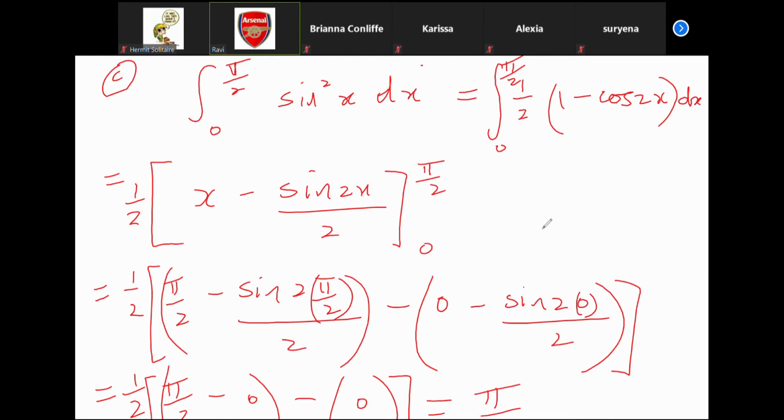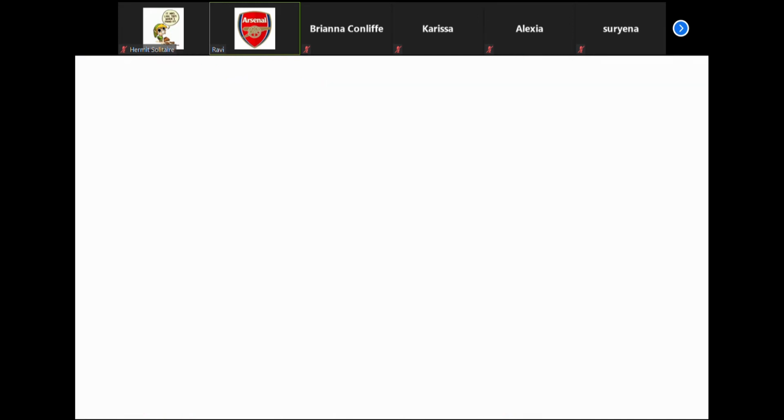Let's go again. This is question C, which asks you to integrate sine squared. Part D is not on the sheet, so part E is the integral from 0 to pi on 2 of sine 2x minus cos x. Next whiteboard: the integral from 0 to pi on 2 of sine 2x minus cos x